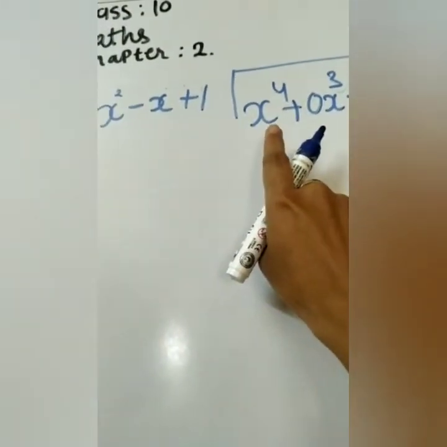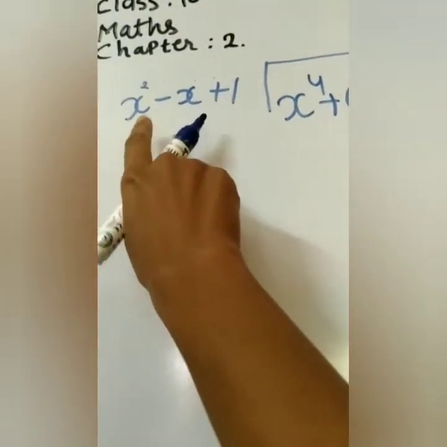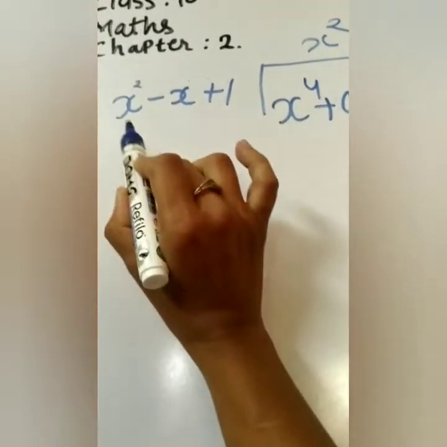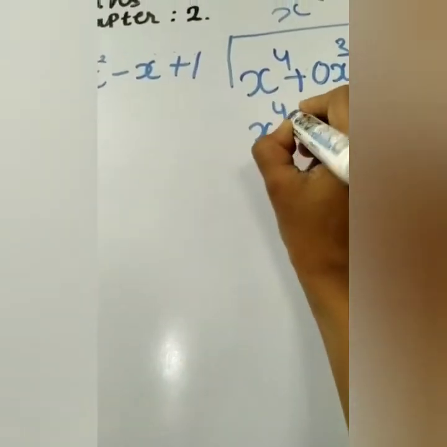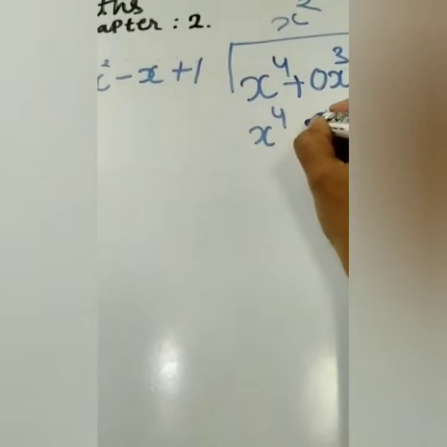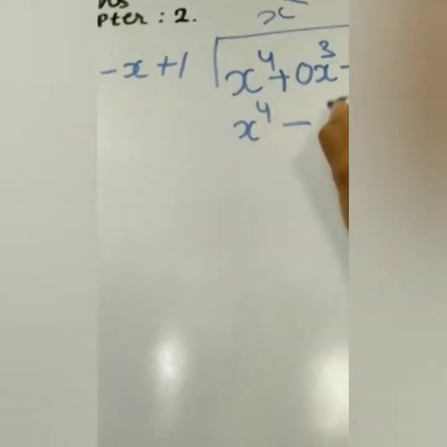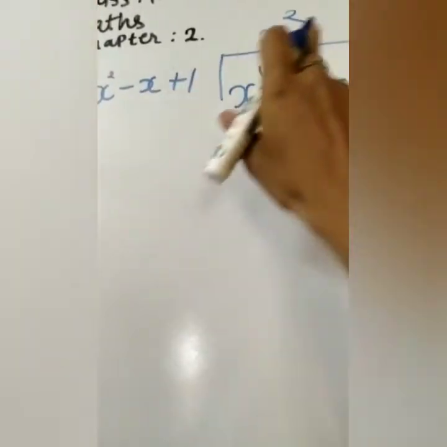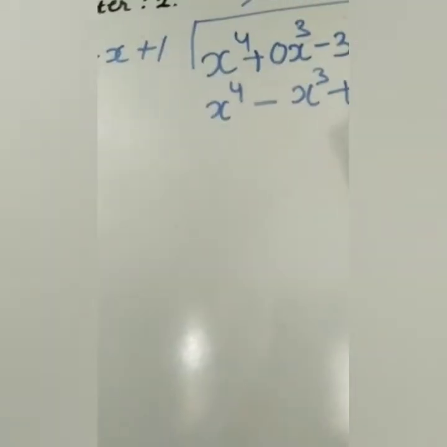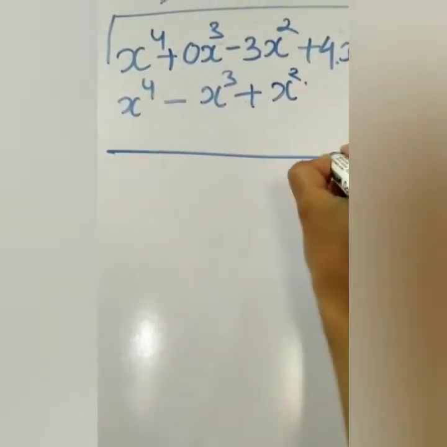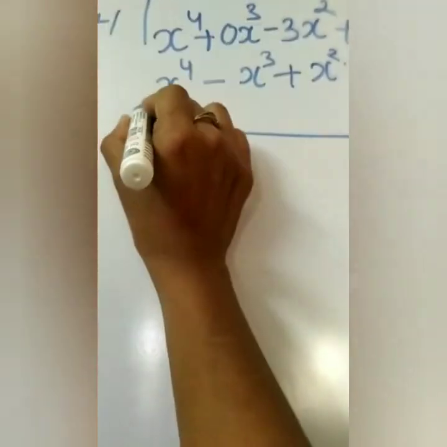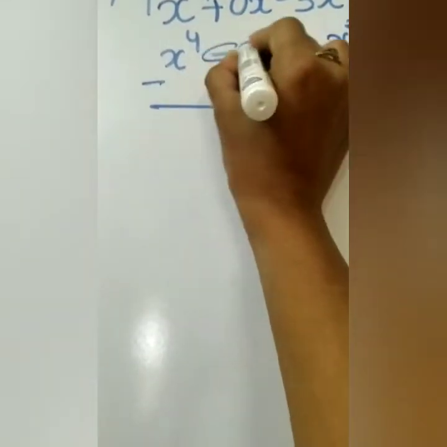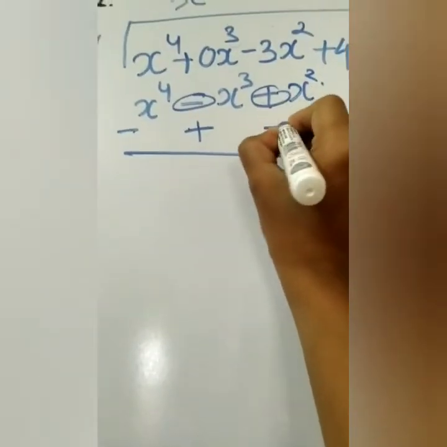Now here we want power as 4 and we having 2, so we want one x square over there. If we are multiplying this x square with x square, we are getting x raised to 4. Plus minus will become minus and it will become x cube only. Plus x square ones are x square, so we will write plus x square. Here we have to change the sign. It is plus, so it will become minus. It is minus, so it will become plus. And it is plus, so it will become minus.